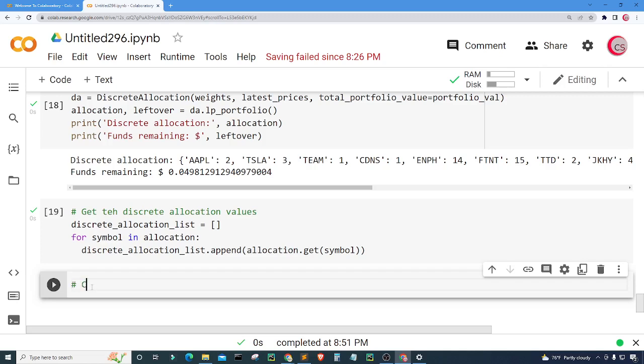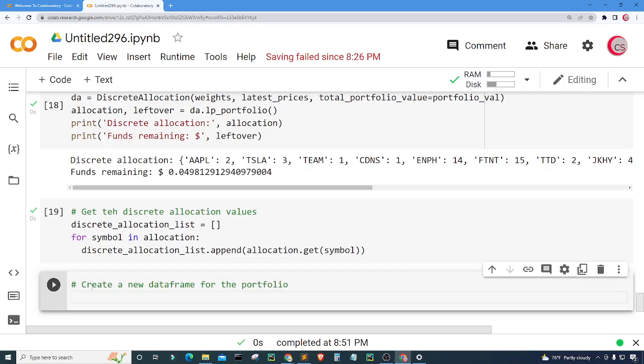Now in this cell, I'm going to create a new data frame for the portfolio, and this will help me format it in a better way than what we previously have seen. So I'm going to create a variable called portfolio_df, which will be the portfolio data frame. I'm going to set it equal to pd.DataFrame, and I want to give it a few columns. So I'm going to set columns equal to Company_Ticker. So that's the ticker symbol. I'm going to make this a capital T,